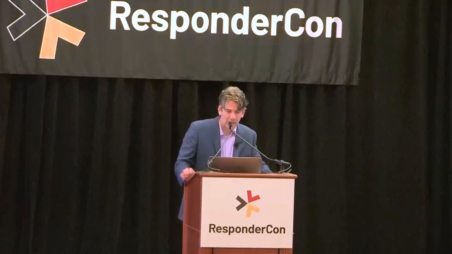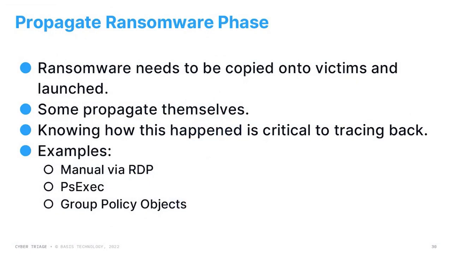And then finally, once all this is figured out, where they have their command and control, they can control part of the network, they figure out where the domain controllers and the file servers are, they've logged into them, they've verified they can do stuff, they've copied data out, it's then time to actually do the actual ransomware part. This last final stage is the only part that's tied to the actual ransomware executable itself. And essentially, that executable needs to somehow get copied onto one or more victim systems and